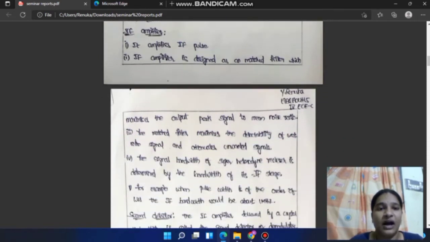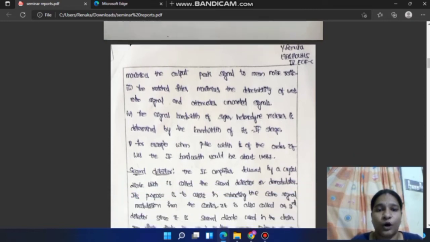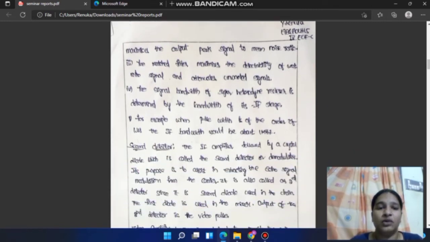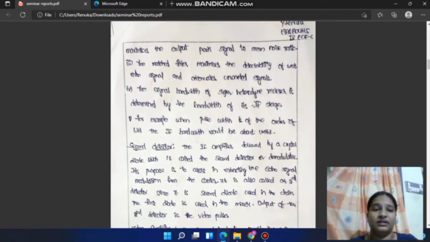IF amplifier. The IF amplifier amplifies the intermediate frequency. The intermediate frequency amplifier is designed as a matched filter which maximizes the output peak signal to mean noise ratio. The matched filter maximizes the detectability of the echo signal and attenuates unwanted signals. The signal bandwidth of the superheterodyne receiver is determined by the bandwidth of the IF stage. For example, when the pulse width is of the order of 1 microsecond,